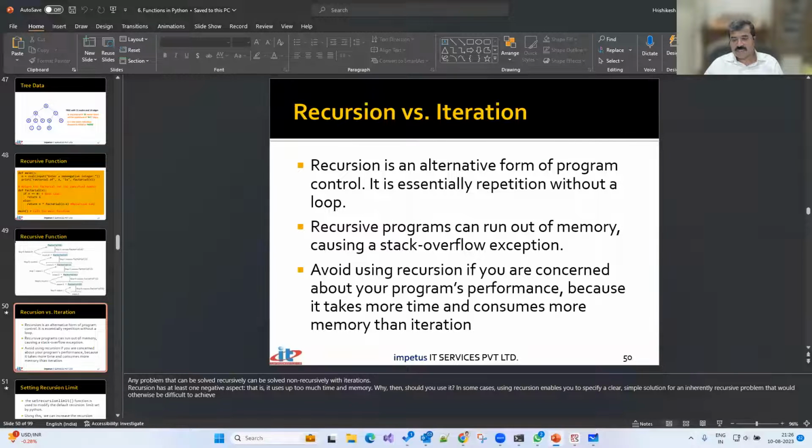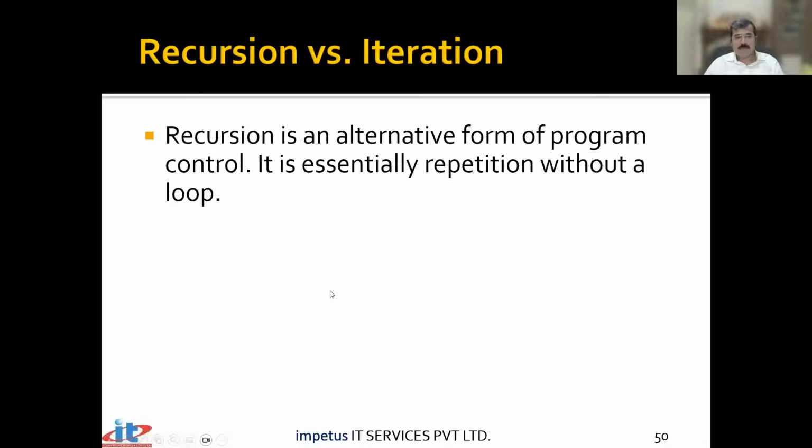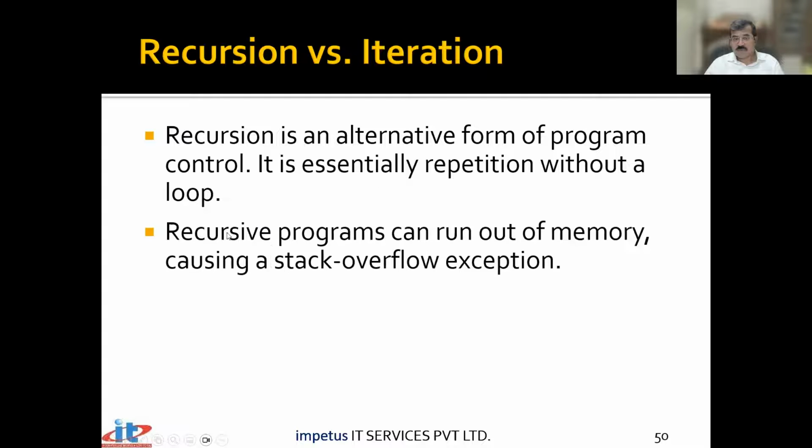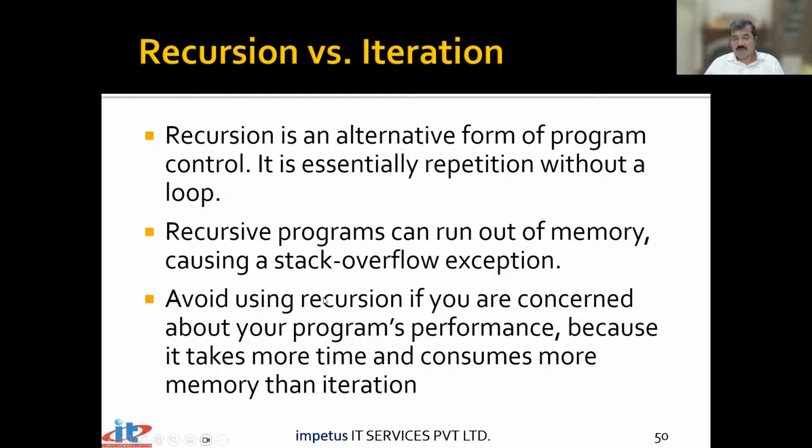And that was the another part. Recursion: alternative form of program to control loops. Essentially repetition without loop. Recursion program can run out of memory, causing stack overflow exception. That's precisely what we have seen right now. Avoid using recursion if you're concerned about program's performance, because it takes more time and consumes more memory than iteration,